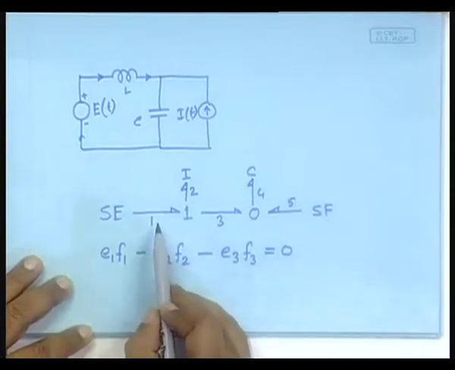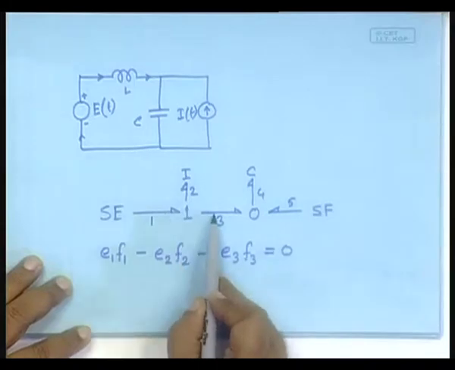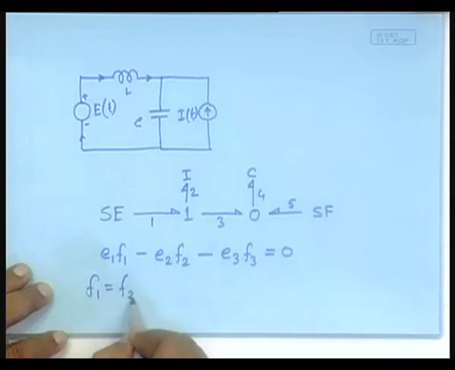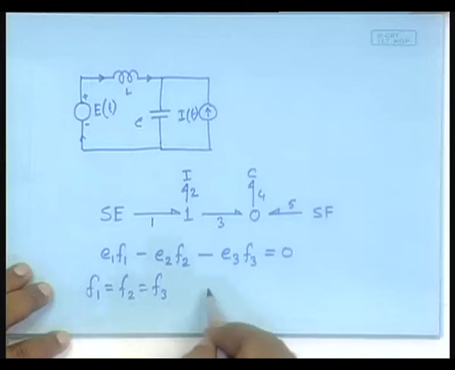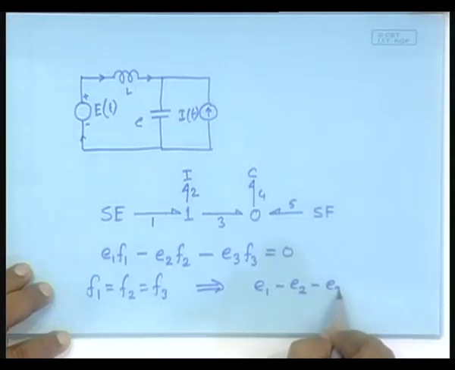Now here this is a one junction, and therefore all the flows are equal. So F1 is equal to F2 is equal to F3. This immediately implies E1 minus E2 minus E3 is equal to 0,